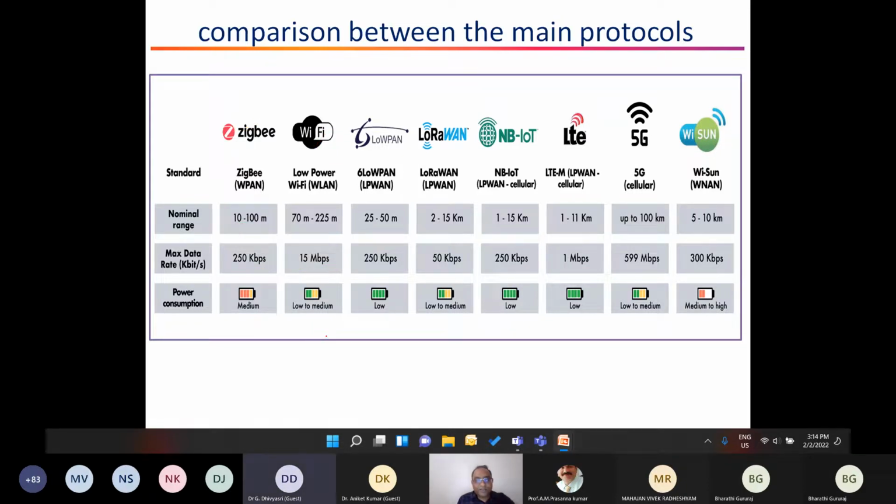Then there are these LPWAN technologies, right? They consume lower power, but the problem is that the range and the transmit rate are very, very low. These days, LoRa is gaining a lot of momentum because of the kind of range it offers, 2 to 15 kilometers. One concern with LoRa is always the data rate. The power consumption is manageable, and range is the one thing that works in favor of LoRa. But when it comes to data speed, it is always a concern, right?